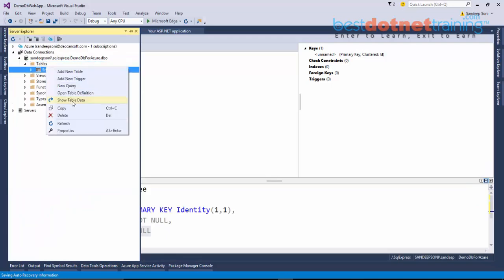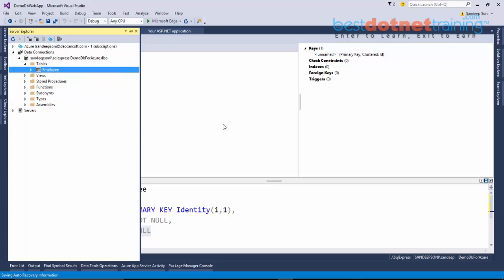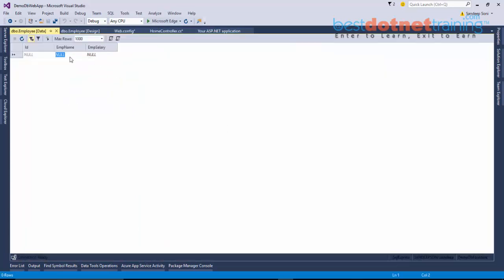Close it. And this data I would like to display in a form. How to get the data? For that, I'll need a SQL command object, in which I'll specify the statement. I want to fetch all the columns from the employee table, and the connection is the SQL connection. To execute this, we will use